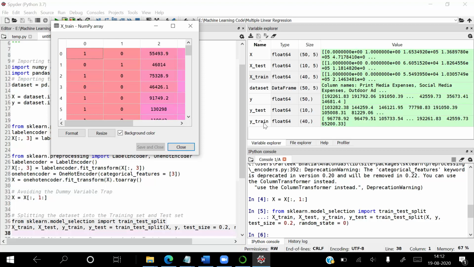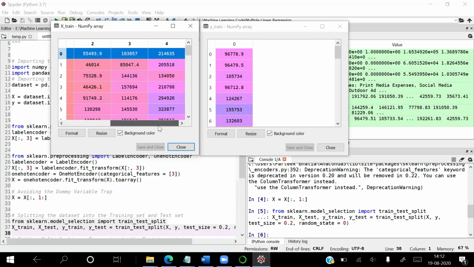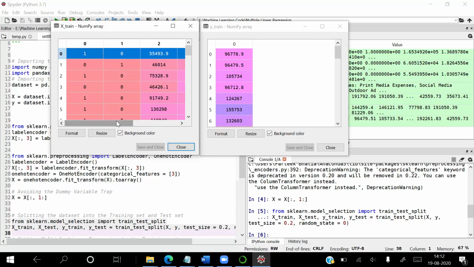The corresponding value of profit is in Y_train. So here you can see that we have value of profit with index value 0 to 39. Here each row represents one individual company. Row value index 0 represents the value of different independent attributes for a company, and its corresponding profit is available at the same index value.